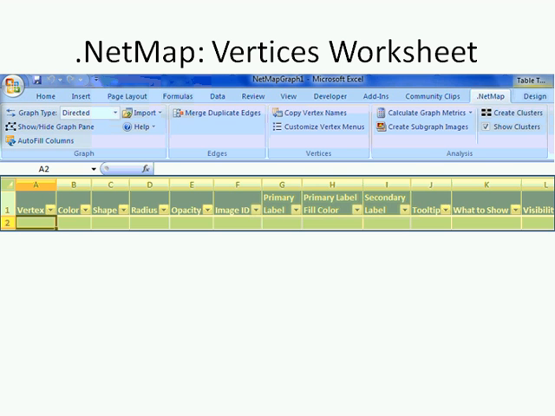Primary label, fill color, secondary label, these are all about putting some text label on your nodes. Primary label replaces the node itself with the text. Secondary label adds a little superscript next to each node. Tooltip is another kind of label. It allows you to declutter your graph by making the labels hide until a mouse over.